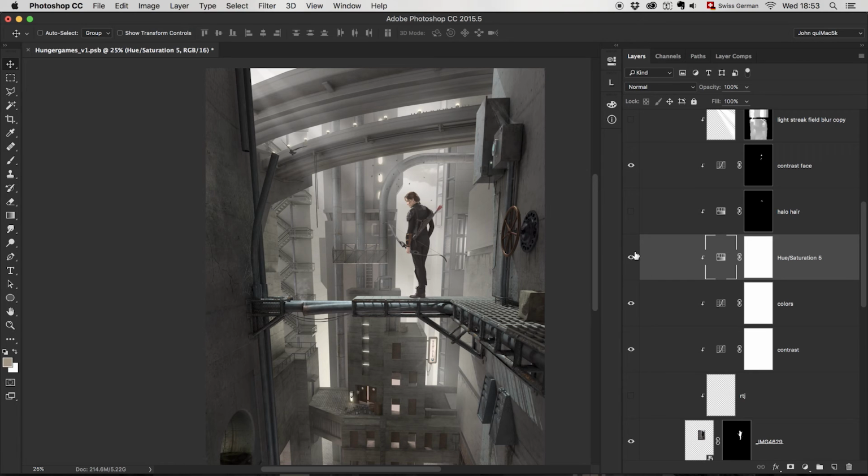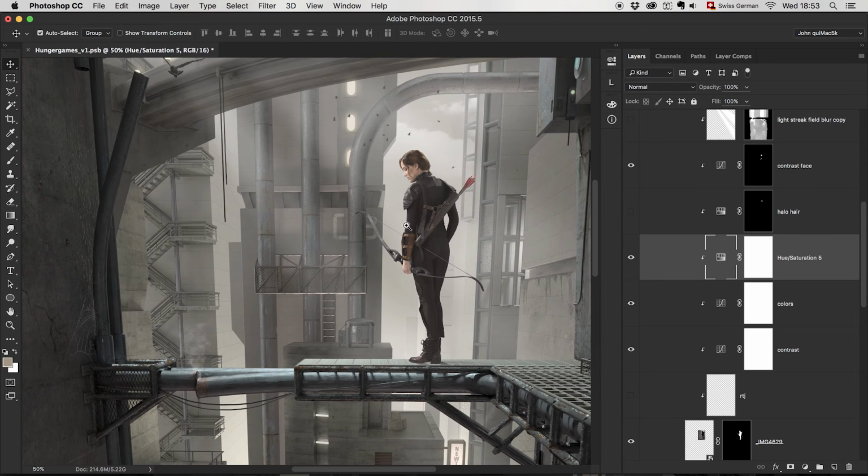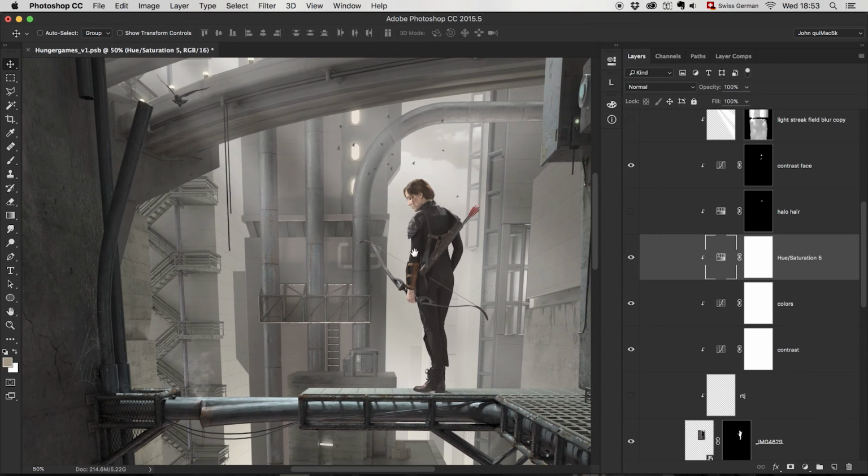Right? Don't you think? So if I go back, compare it to what we had in the beginning, and the contrast as well. So that's the beginning, contrast, and color. Color is very subtle, but color is difficult as well. That's why I do it on different layers, just to have a little bit more control over it. It takes some time to fix the colors. Okay,